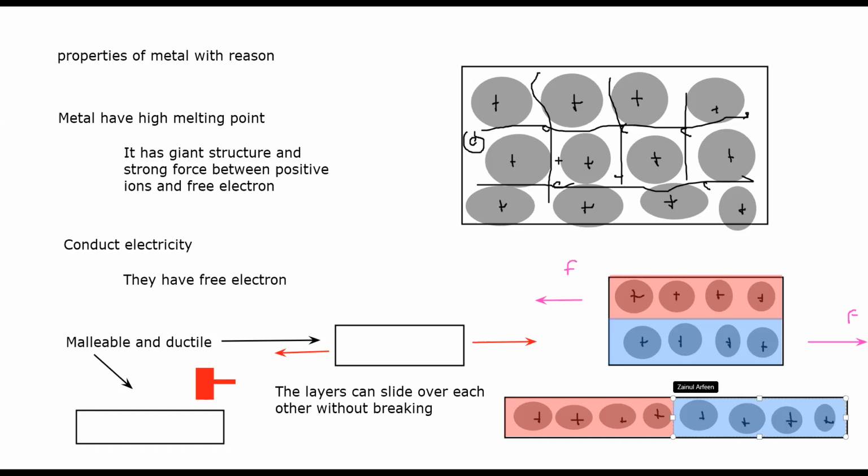But graphite is also a layer structure, yet graphite is called brittle because when the layers move, they separate from each other. But in metals, the layers are not separated, like one layer is on top of the other. When we apply force, the layer will slide and it will change as one layer. But in the case of graphite, because I told you graphite has a weak force, instead of sliding over each other, the layers break from each other. That's why graphite is a brittle material that breaks easily without deforming.